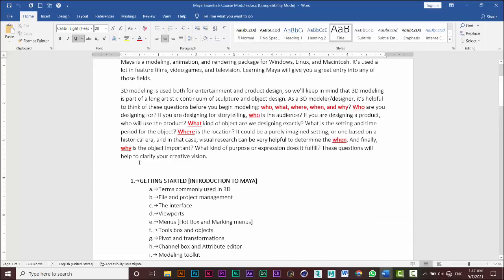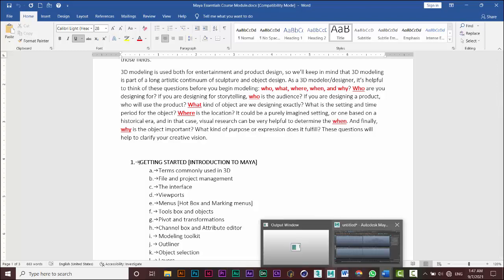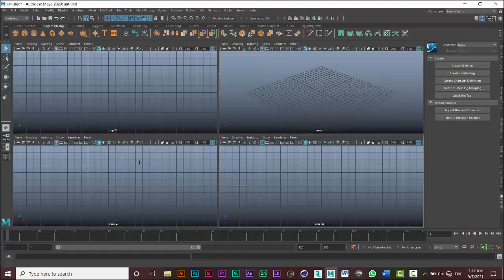Okay. All right. So now, before we start anything, we want to talk about file and project management. When you first create or open up your scene, you don't just begin working and adding objects. Now, Maya is a very